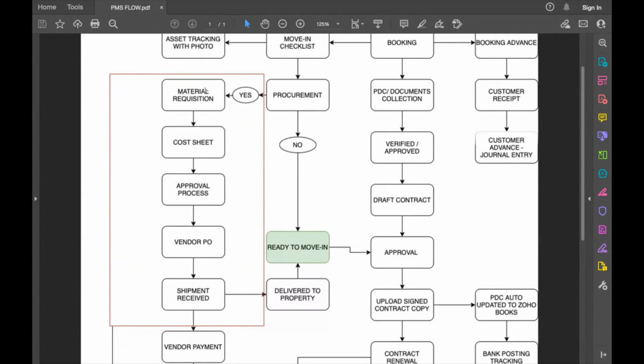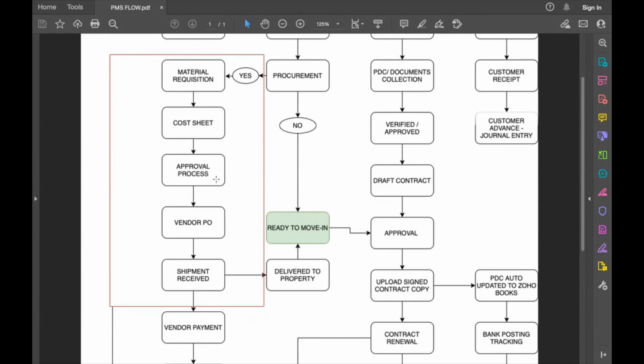That is where we have the material requisitions and a cost sheet where we can compare different vendors for one particular item that we are procuring. For example, let's say it's an air conditioner. An air conditioner can be procured from multiple vendors. If you have preferred vendors, of course you can buy it from your preferred vendor, or if you want to get a quotation from various people and have a comparison and then finally do an approval, that is possible.